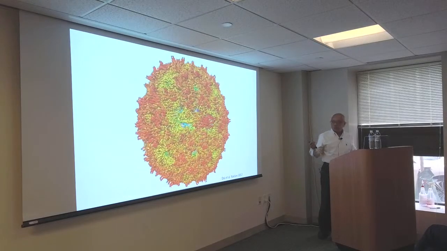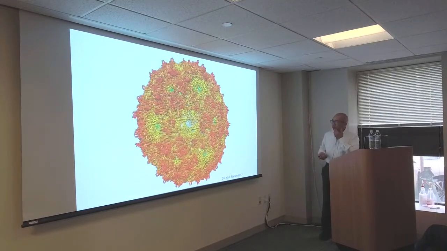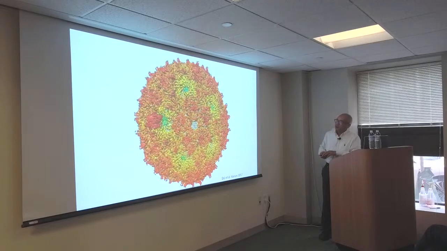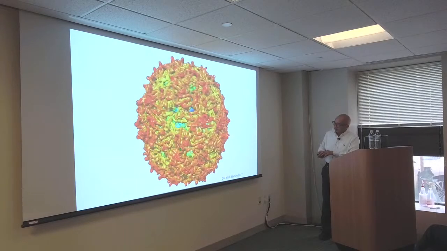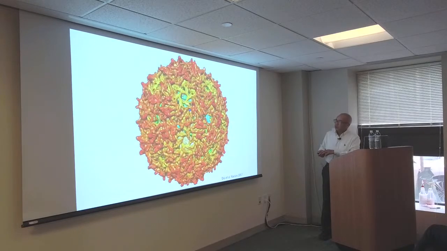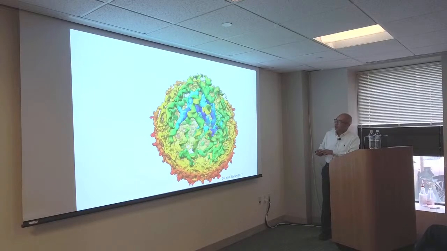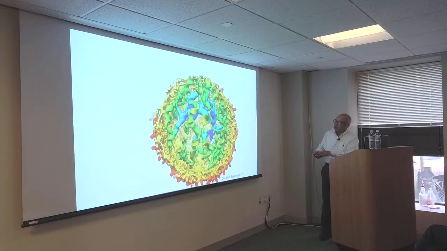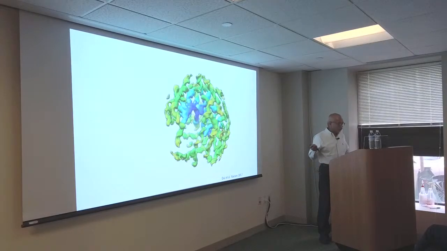So we are able to take advantage of those features and identify the structures on this side. Shown here is the same structure, just filtered. You can see that this region is the MP region, and that it is different. That's the MP protein. If you open them up, you'll see the structure inside. These are the genome structures inside. Not only do you see the base pairing and the major groove, you can see the branches of RNA density, and this turned out to be very useful information that we can use to come up with a model of the genome organization.